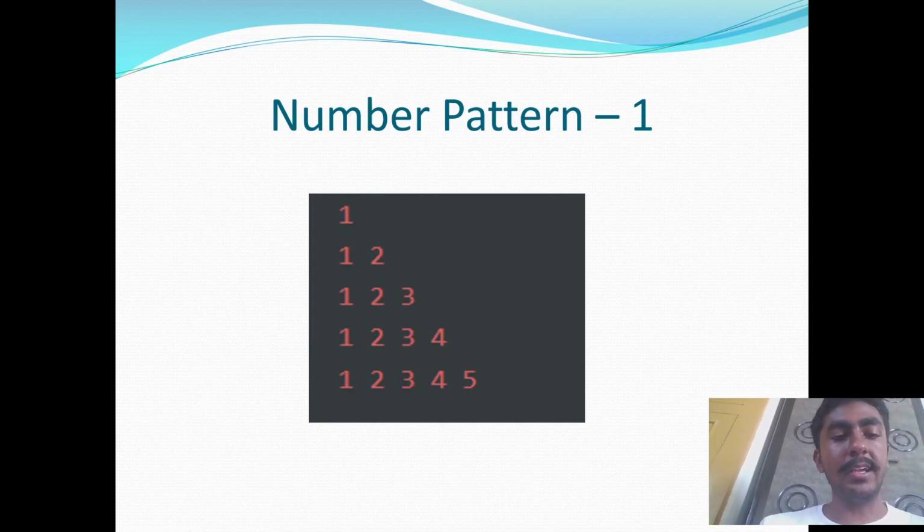Okay, so the output is 1, then 1, 2, then 1, 2, 3, then 1, 2, 3, 4. Observe first. The rows are 5 and the numbers inside increase in every row. So the code will be